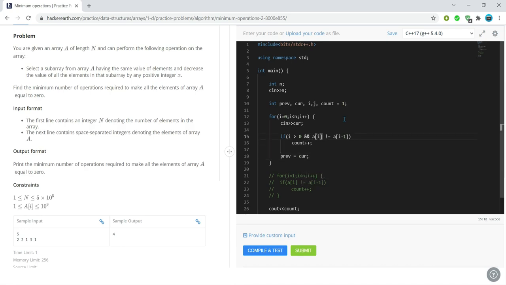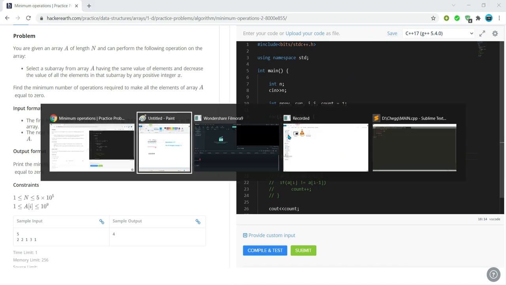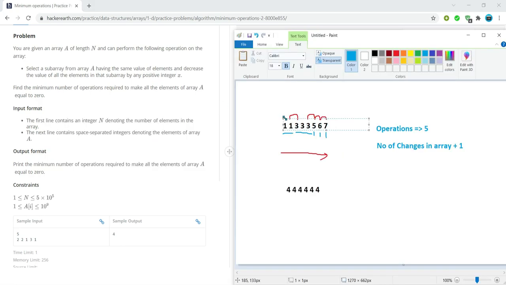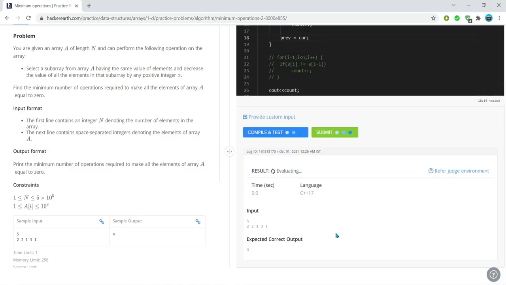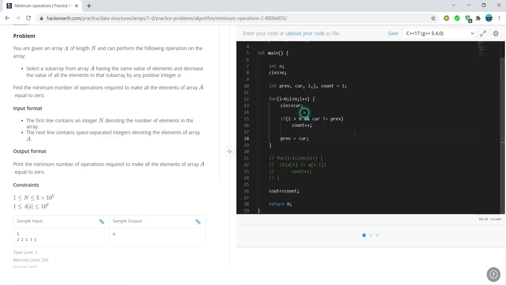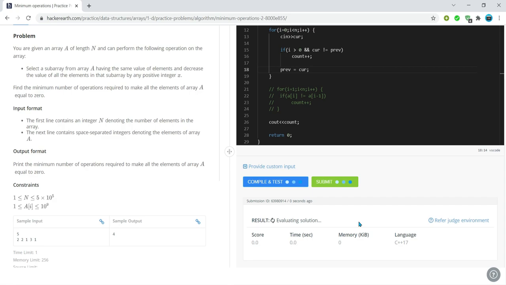And here, instead of checking a of I, we will check our current value and compare it with the previous value. So simply, instead of storing the whole array, we are just storing the previous value that is required to compare with the current value to get the number of counts. Again, let's test it. Hopefully this works fine. You can see it. Let me just submit it also once and see all the test cases pass.